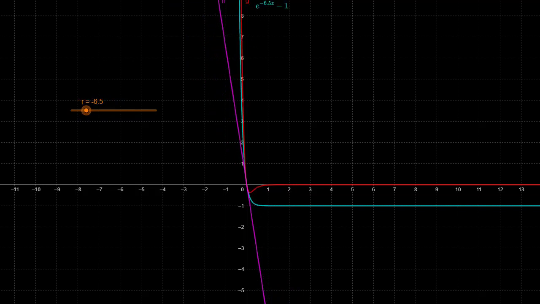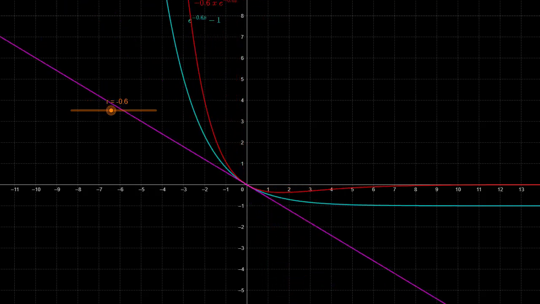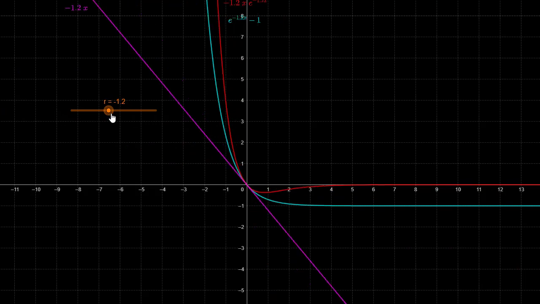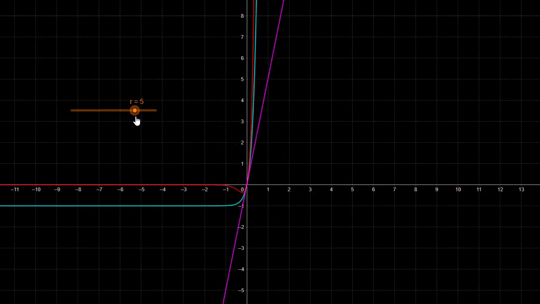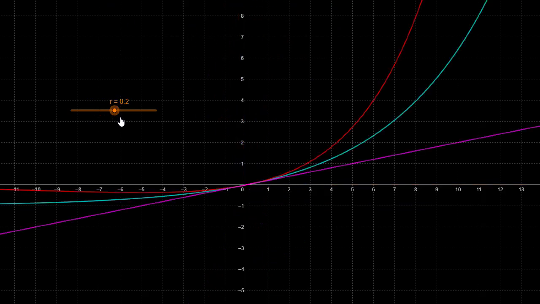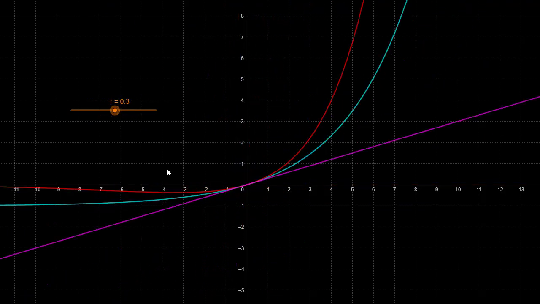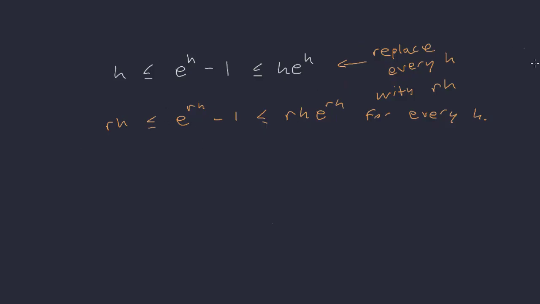No matter what, it may flip things around, so you can actually see their labels now. Here's the red, the blue, and the purple, and wherever I put this slider, you can still see that the blue graph is trapped between the other two. Okay, so we're using the squeeze theorem again. Going back to here, now like before, if these are all trapped together,